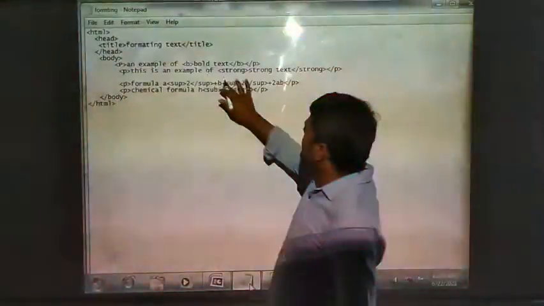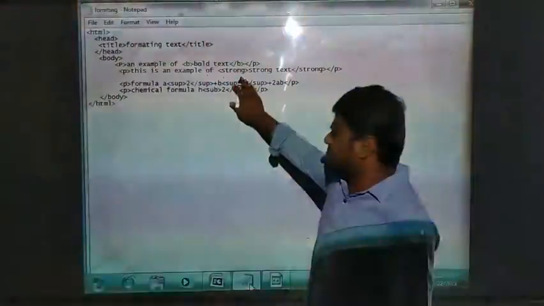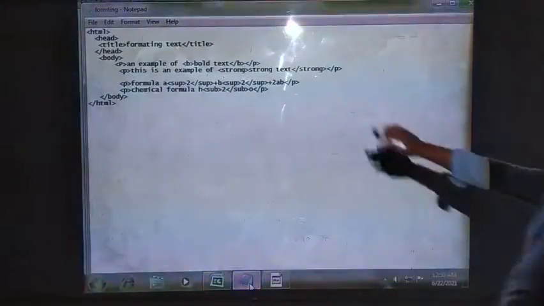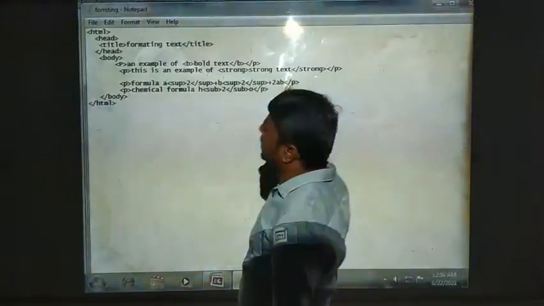Now, so here this is an example of what? Strong. These are the tags: strong, open tag, close tag. We learned that each and every tag in HTML should have one close tag, right? So this is the open tag, this is the close tag of strong tag.